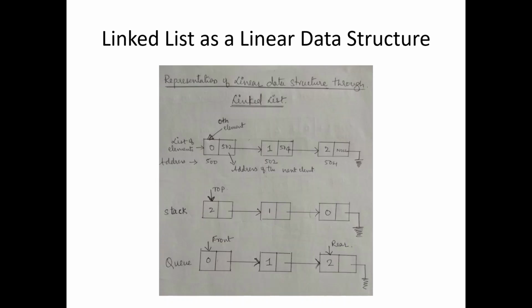So we can represent the linked list in the linear form. Now in the array you are using contiguous memory locations, but here we are not using contiguous memory locations at a fixed time. These you are using at run time. Memory can be represented at run time, that is during execution, with the help of pointers. We can represent the linked list by referring the address of the next element to the previous, as I showed with the arrow. So we can represent the data structure in a linked list form.